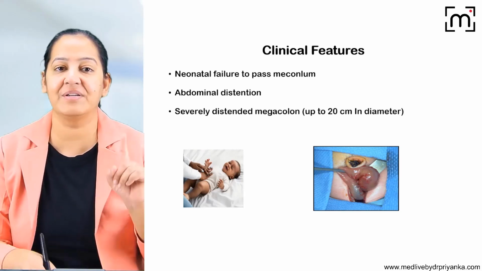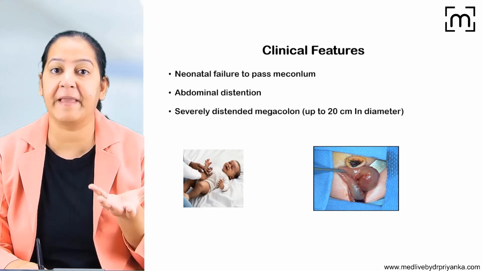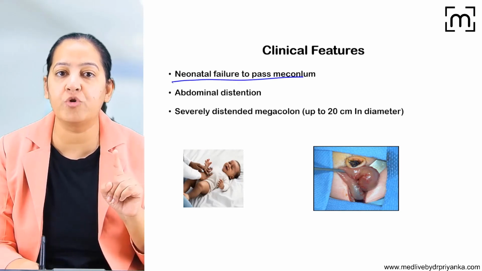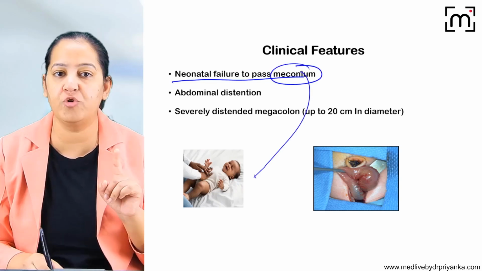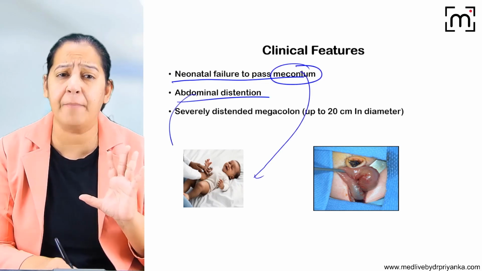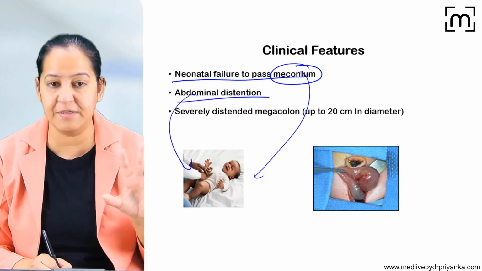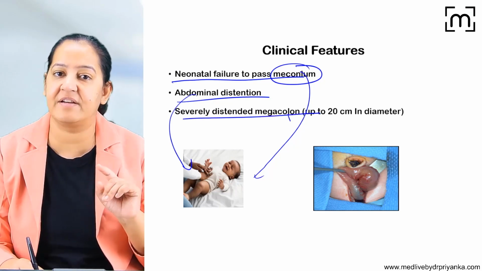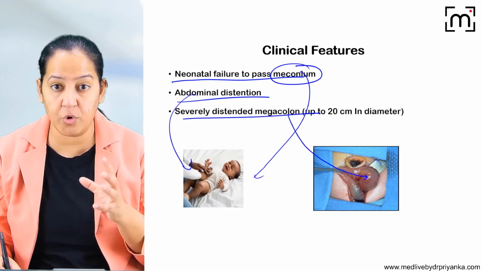Now what are the clinical features? It is congenital. It presents in the neonate. The neonate is unable to pass the meconium. There is severe abdominal distension. There is a severely distended megacolon. So the portion of the colon which is severely